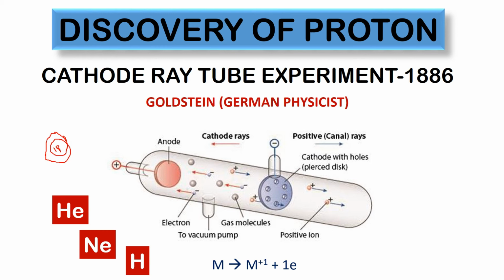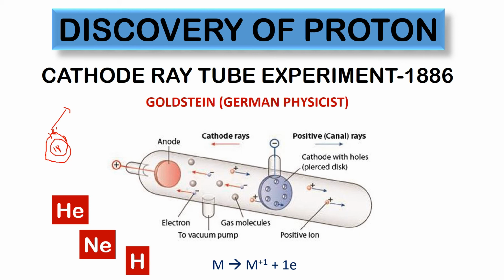So it has one proton and one electron. This electron, when ejected out of this neutral hydrogen atom, leaves behind only a proton inside the nucleus. And this proton, of course, will be positively charged, because these two charges cancel out each other and make the hydrogen atom a neutral atom. But when you eject an electron out of this atom,